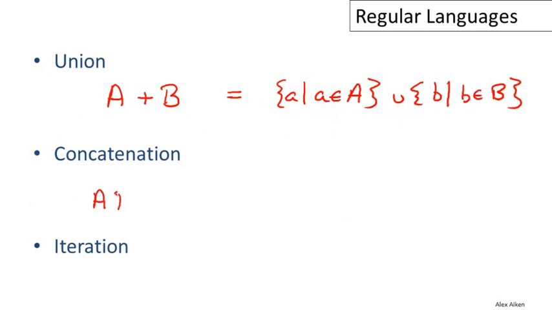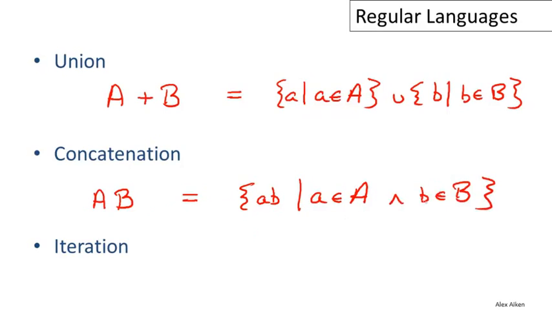Concatenation is like string concatenation. So if I have two languages A and B, or two regular expressions A and B, then the concatenation of A and B is equal to all the strings little a concatenated with little b, where little a is drawn from the language big A and little b is drawn from the language big B. And so this is a cross product operation. Choose a string from A, choose a string from B, and put them together with the string from A first, and choose these strings in all possible ways, form all possible combined strings,